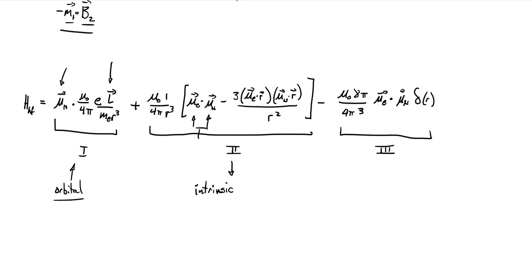This third term is the same interaction. It involves the intrinsic spins, or intrinsic magnetic moments, of that electron and the proton, but for where they overlap, where that electron wave function is overlapping with the nuclear wave function. And that's why this is often referred to as the contact term. It's where the electron and the proton are in contact with each other and how those magnetic moments interact there.